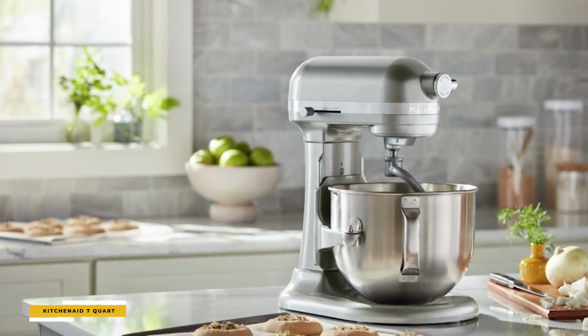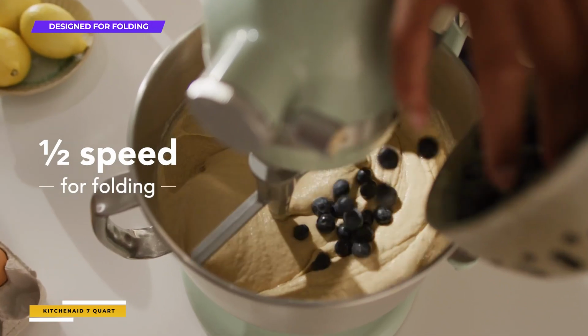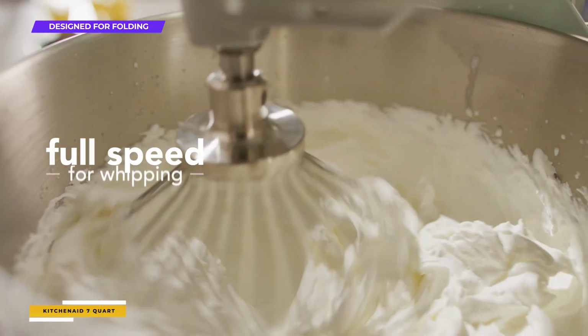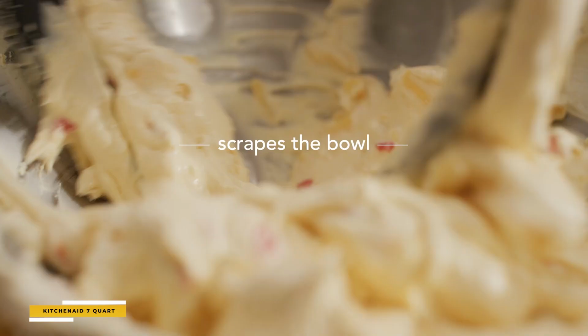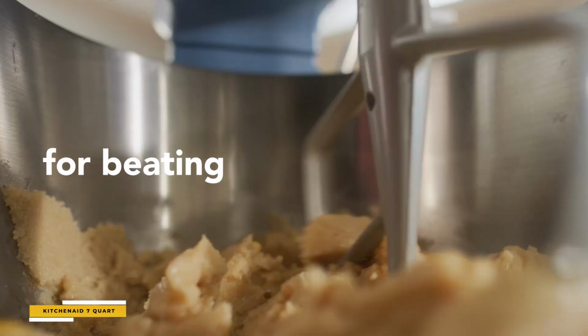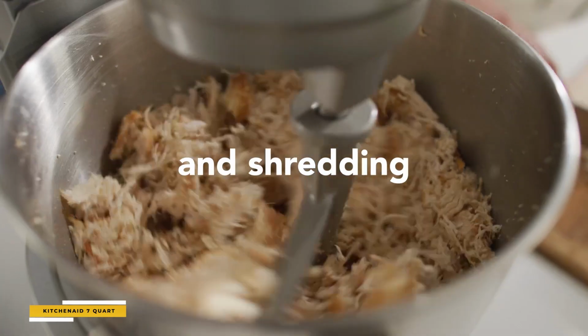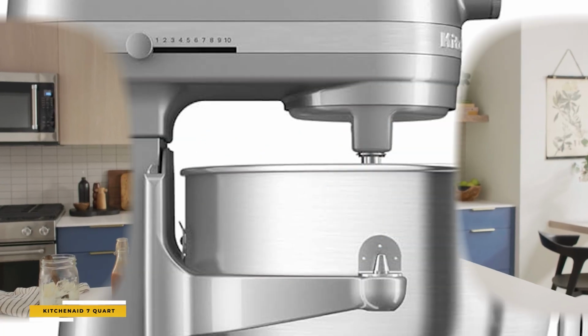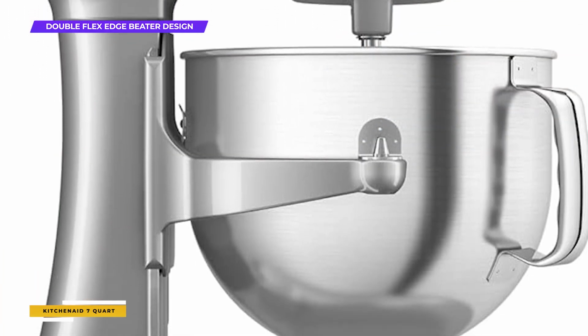This mixer offers 11 distinct speeds, from a powerful speed 10 for high-intensity tasks to a gentle 1/2 speed for folding delicate ingredients like berries or egg whites without overbeating. The double flex edge beater, with 2 flexible edges, ensures thorough mixing and bowl scraping, providing better results than traditional flat beaters. The bowl lift design keeps the bowl secure and stable with a 3-point locking mechanism, even during heavy-duty